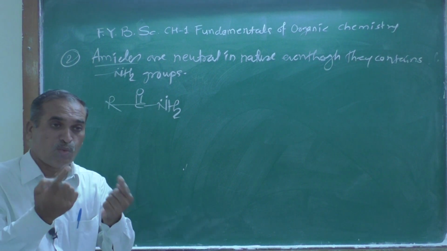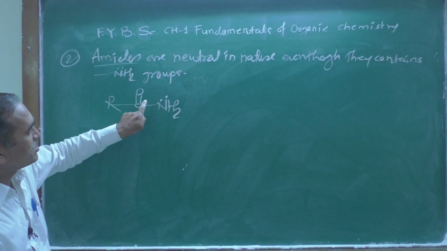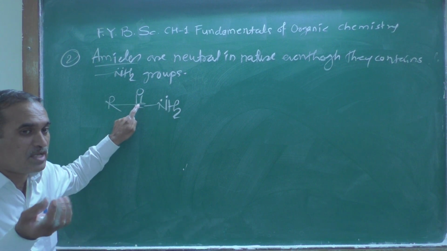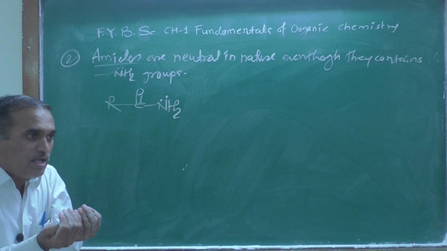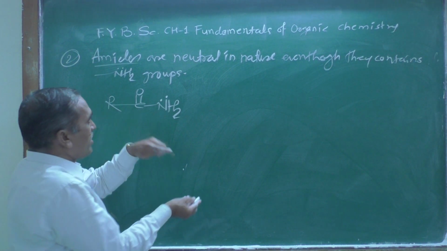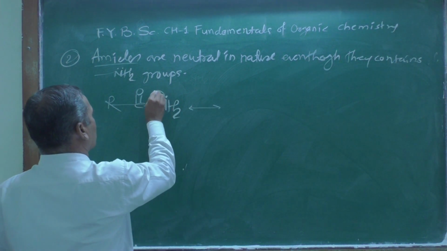Remember here. Why? Because adjacent to this lone pair there is a carbonyl group, and the carbonyl group is an electron withdrawing group. It is attracting the lone pair towards itself, therefore we are getting a resonating structure, double bond over there,